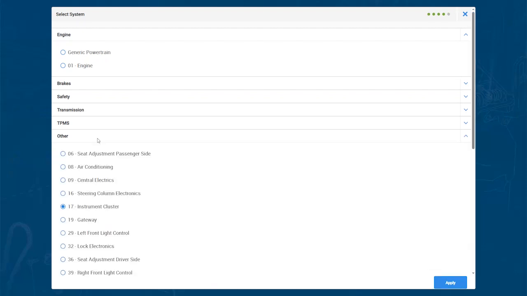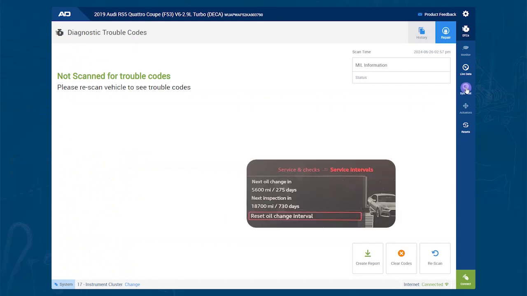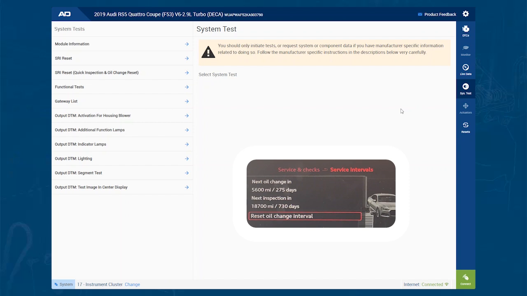You choose instrument cluster right here. You're going to hit apply. That's going to take you into the module. From here, where you want to go is to system test. In the second window, you can see on my screen here that this oil change is due in 5,600 miles